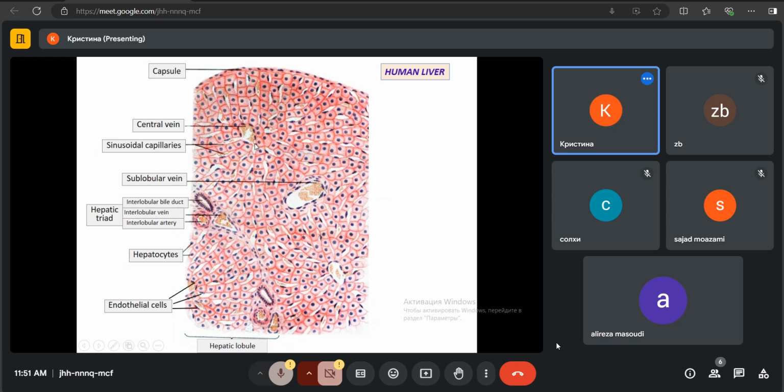It is the vein which lacks muscular tissue, so it is the fibrous vein. It has only endothelium in its structure, and it is single. No other elements are seen here. No artery, no other vein, nor bile duct, nothing. Just the cross section of the very thin walled vein. And also from the central vein, the sinusoidal capillaries and the